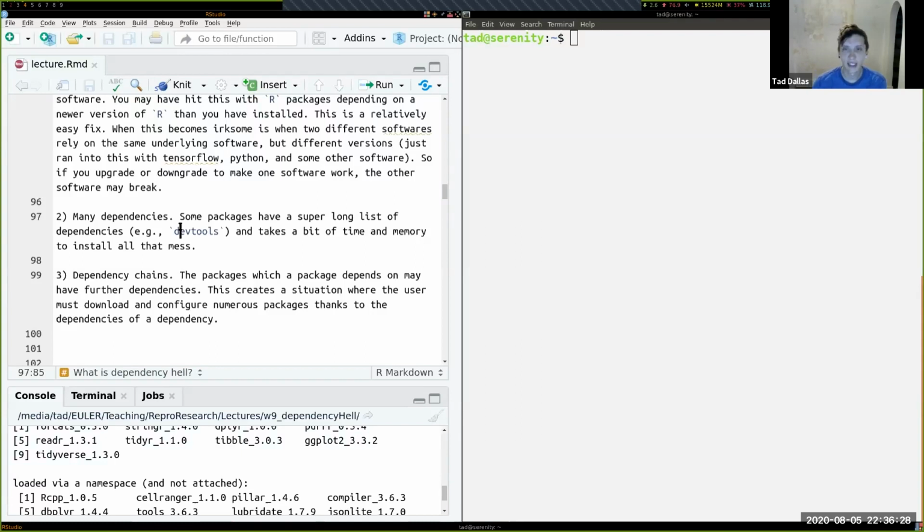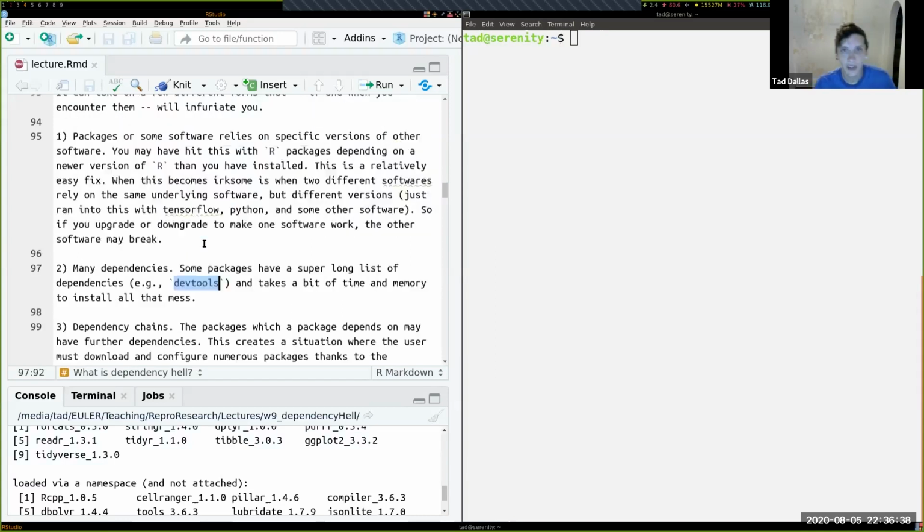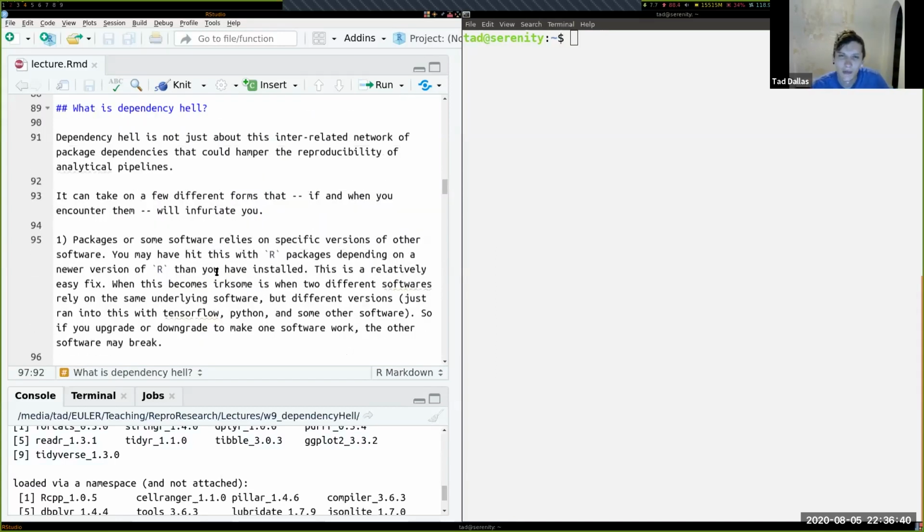So yeah, packages like DevTools have a ton of other dependencies and will take a long time to install. And that's a way you can get into dependency hell as well. And then what was the first one? Packages or some software reliance, specific versions, that's killer. And so this happens,